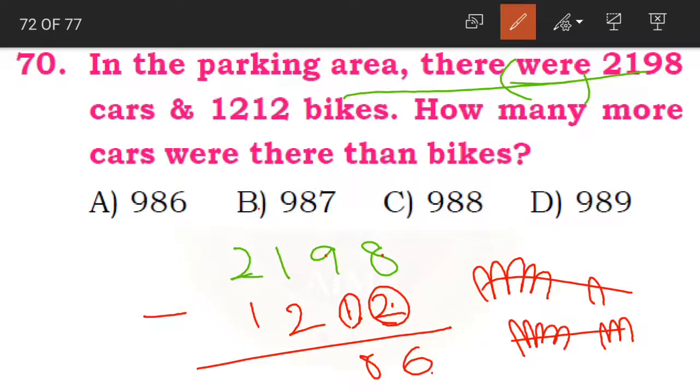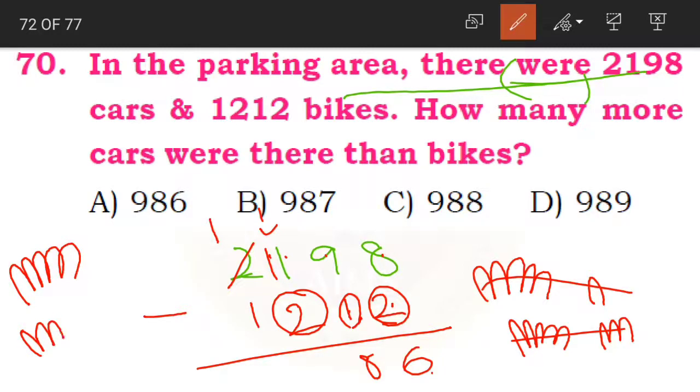Now in the hundreds place we have 1 minus 2. Yes, children? Now 1 minus 2 is not possible. So we'll borrow. 1 becomes 11. 2 becomes 2 minus 1, that is equal to 1. Now 11 minus 2. Keep 2 in mind. After 2 you have 3, 4, 5, 6, 7, 8, 9, 10, 11.